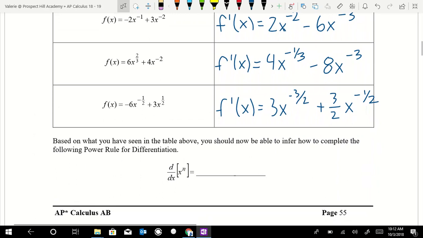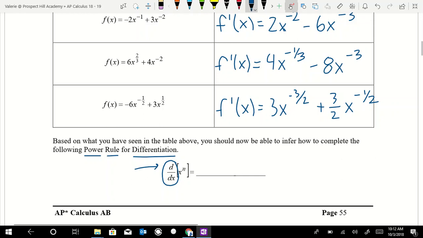Based on what you've seen in the table above, you should now be able to infer how to complete the following power rule of differentiation. This is one of many rules that we're going to learn for differentiation. And this is another way to notate the derivative. So this is read d dx of x to the n. So the first d